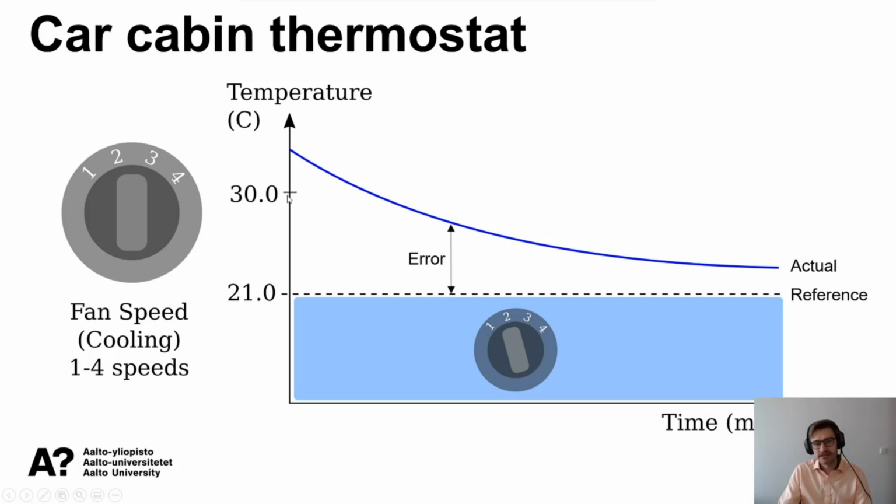But as we see in this graph over here, let's say that the temperature at the moment is like 34 degrees. It's really hot inside the car. And if you just set the dial to 2, it will take quite a long time. This says time in minutes. My headshot is in the way of you seeing, but it's in minutes. So it will take quite a long time, and it might not even reach the 21 degrees because